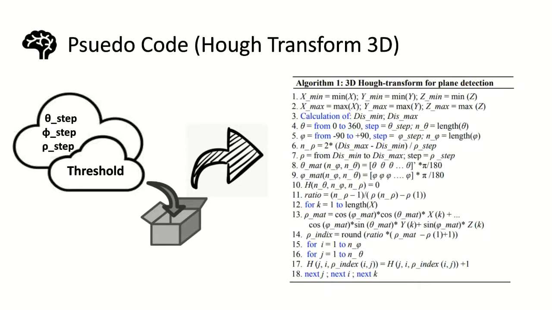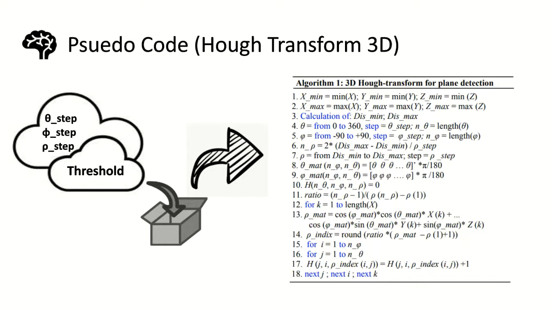The first two steps involve initialization of min and max values of the point coordinates. In the third step, this min and this max are the distance between the origin and the two extremities of the cloud points calculated at lines 1 and 2. The fourth, fifth, and seventh steps involve incrementing theta, phi, and rho with respect to step sizes, where the sixth step is calculating the length of the rho vector. The eighth and ninth are for converting theta and phi into radians from degrees.